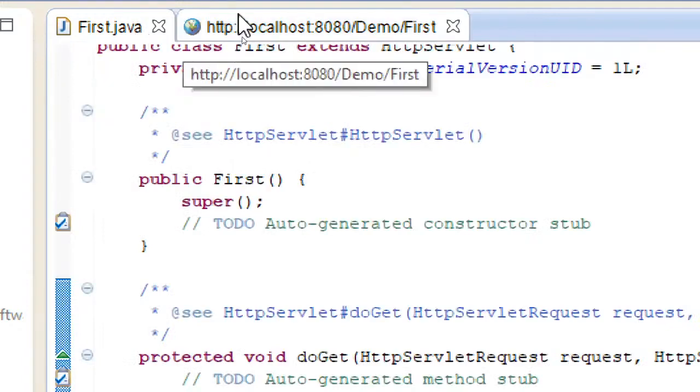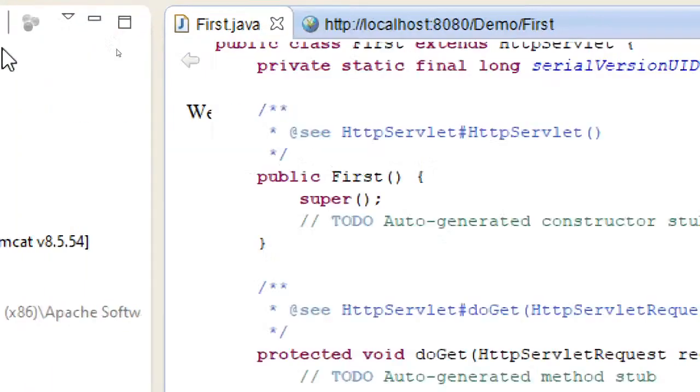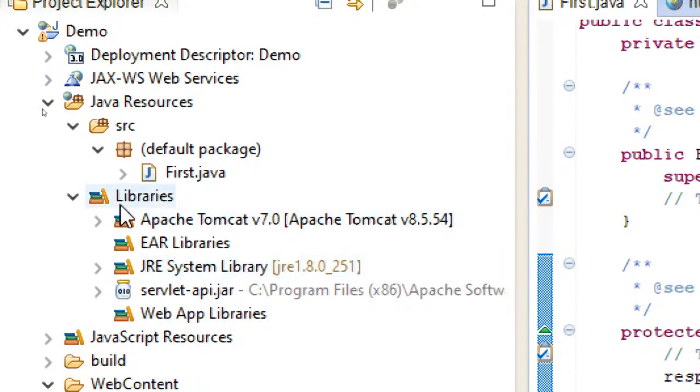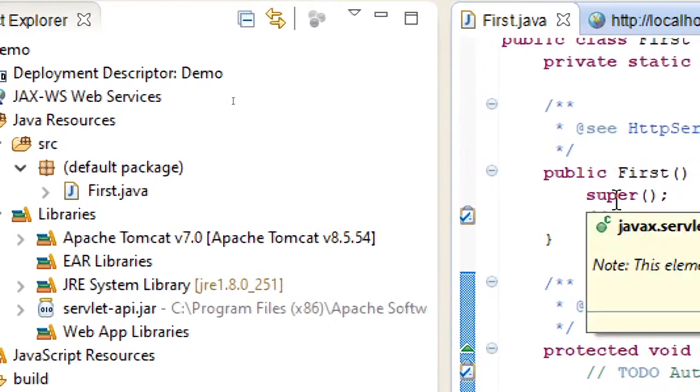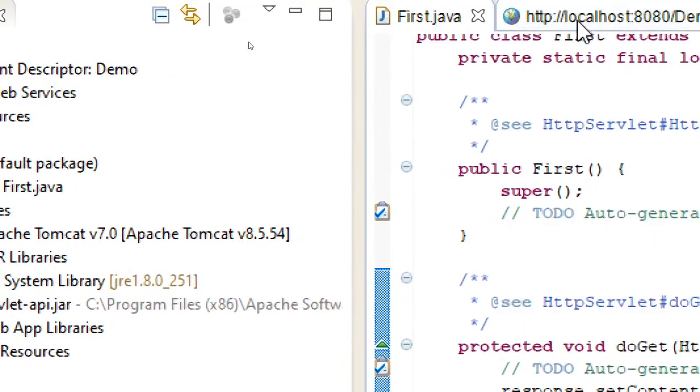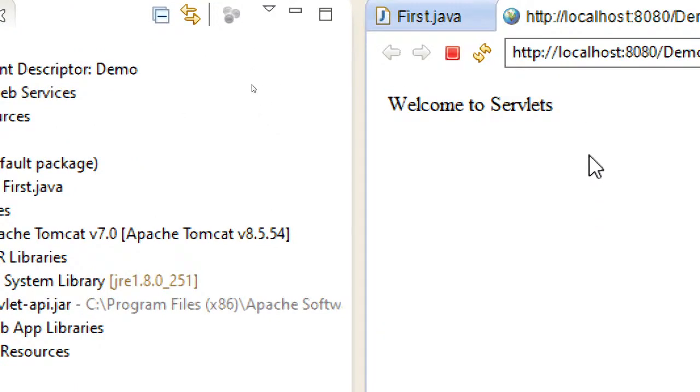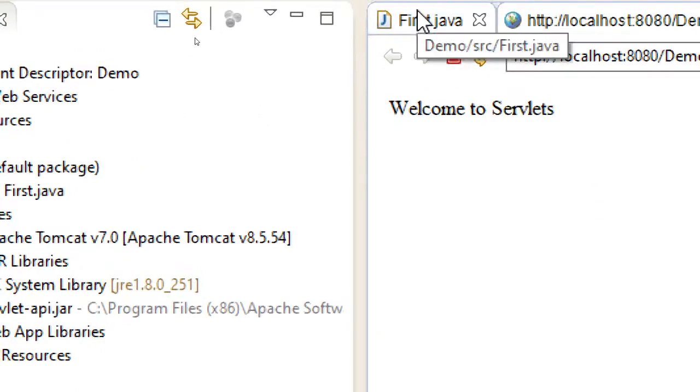Anyway, this is one way of doing it. You can expand these libraries, and in the web app libraries go to the build path, add external jar, and add the servlet API jar as well. So it will make it work like this. But generally it should work with doPost also in the same fashion.